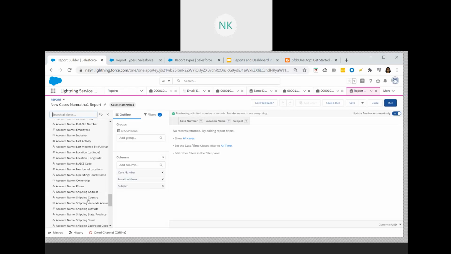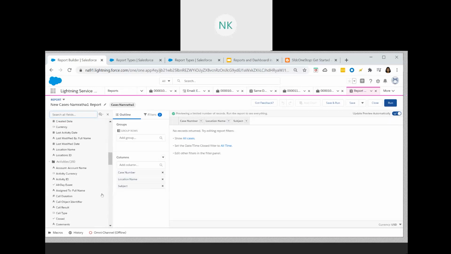a report in Salesforce. And here let us search the type. When you search the type, there are a lot of different types which are available, isn't it? And if you recall, on the lookup field for the type, what we have done is we have changed the display name from type to account type.